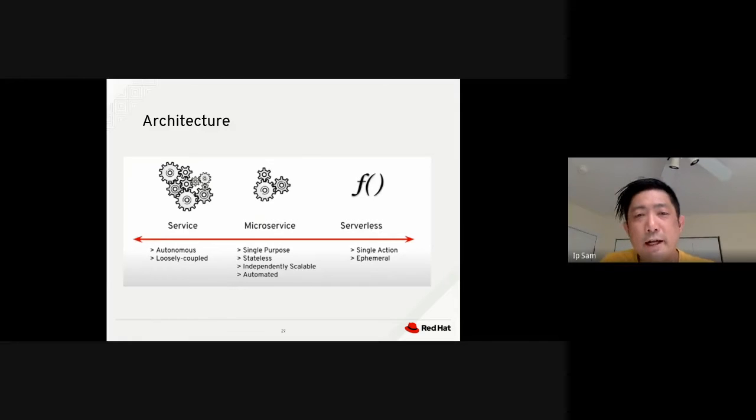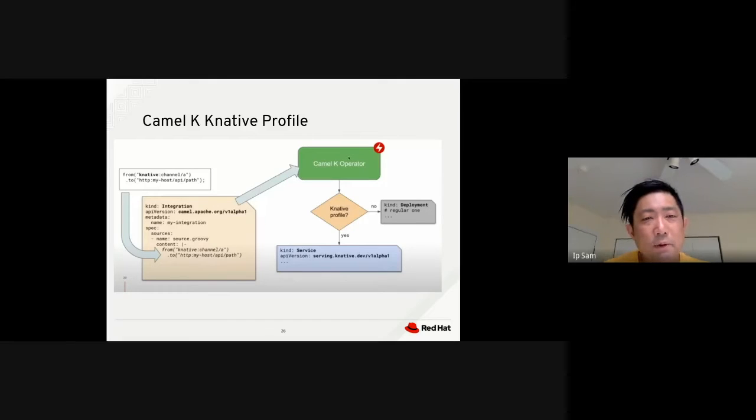And then on the far right-hand side, we have serverless architecture, right? Serverless is based on a single action, right? And this is also temporary. So when we talk about the CamelK Knative profile,